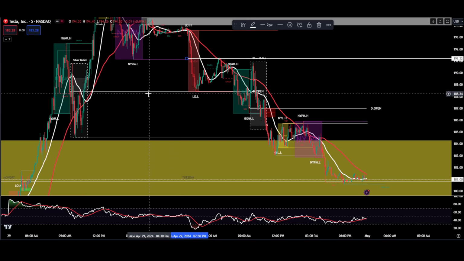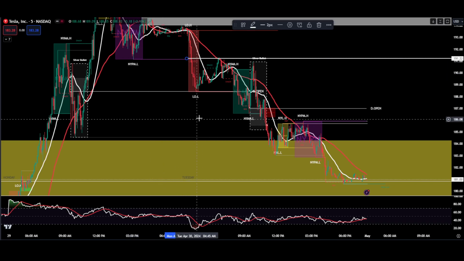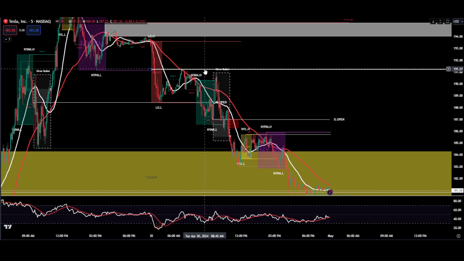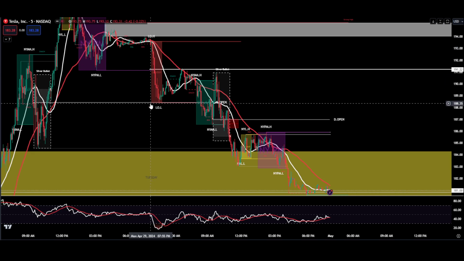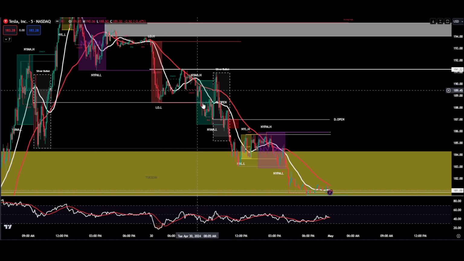When price doesn't get back above, right out of the gate, right out of the open, if price does not get back above the half of the London open range, and this is our London open range, we've seen this time and time again and talked about it a lot. When price gets right back up to it, first off, when it's fading into the